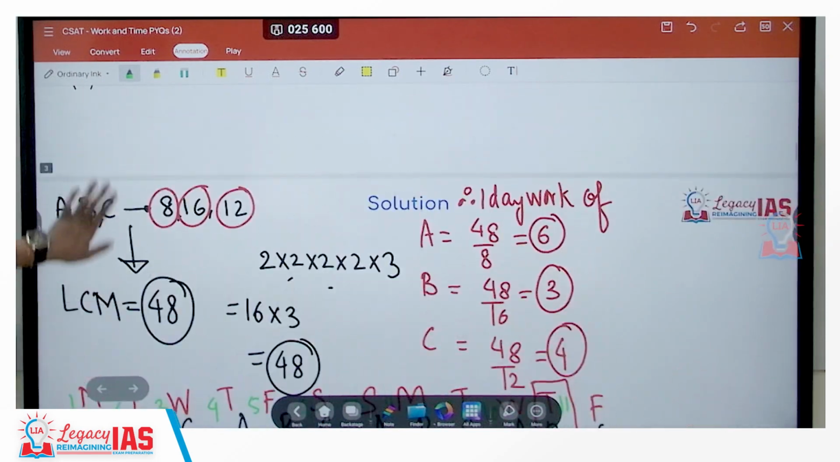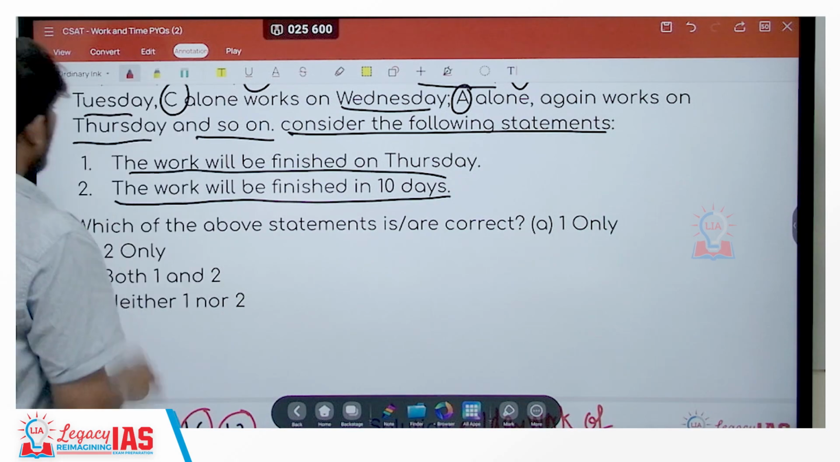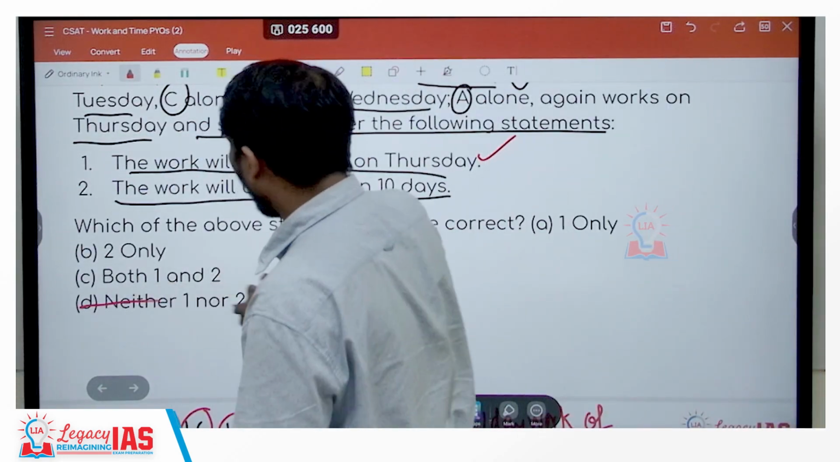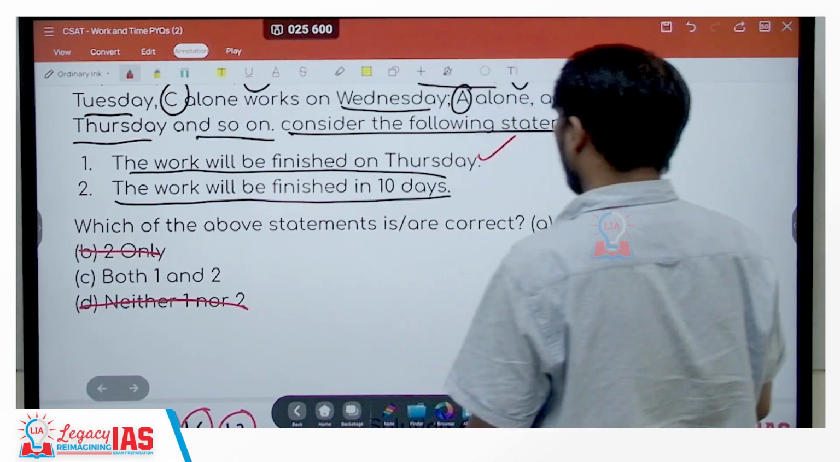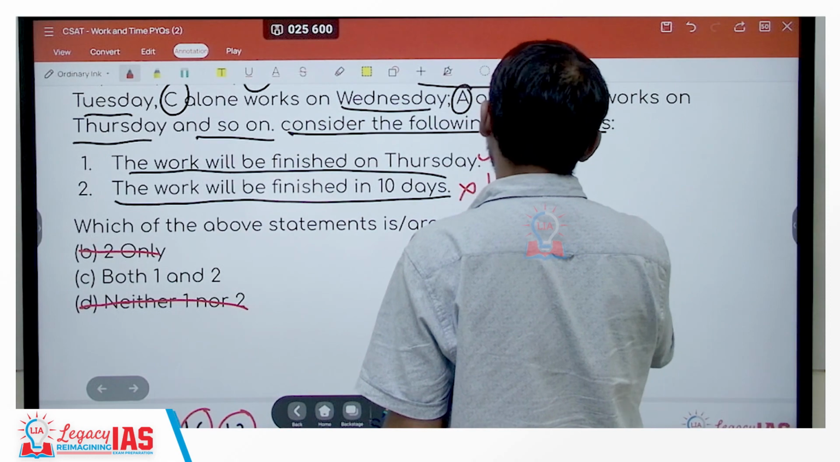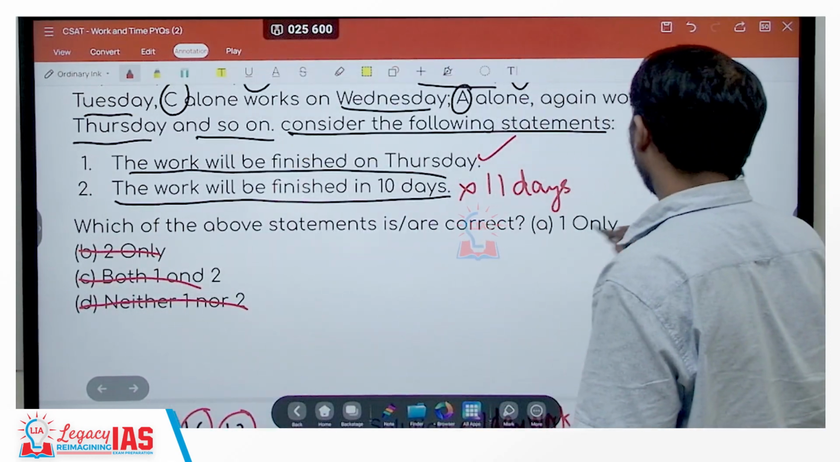Let's look at the options. The work will be finished on Thursday, that's correct. So this is gone, this is gone. The work will be finished in 10 days. No, it will require 11 days. So this is gone. The correct answer is